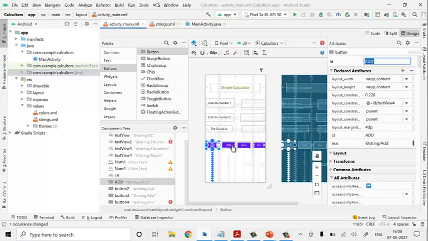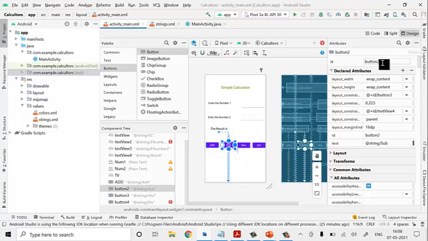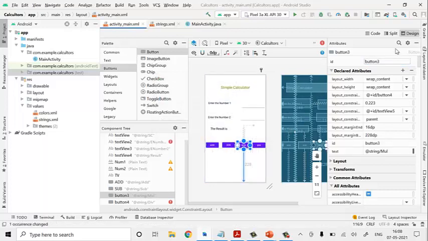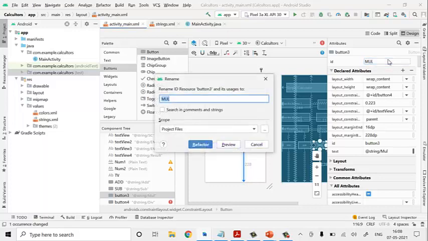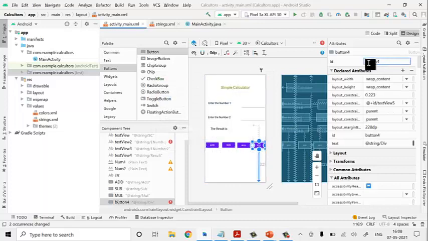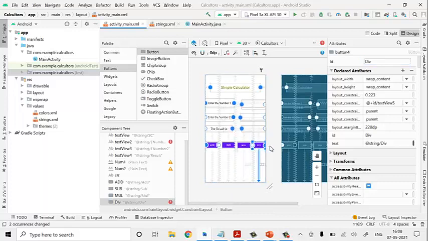Okay, it's done. Take this one and SUB I will make it. Refactor it. I have done. Mul, what I'll do, I'll remove this and I'll make it MUL. Next div, I'll take it and change it to div, with small d, small i and small v, and I'll enter it and refactor it. Okay, why is it red color? Okay, it is not refactored.